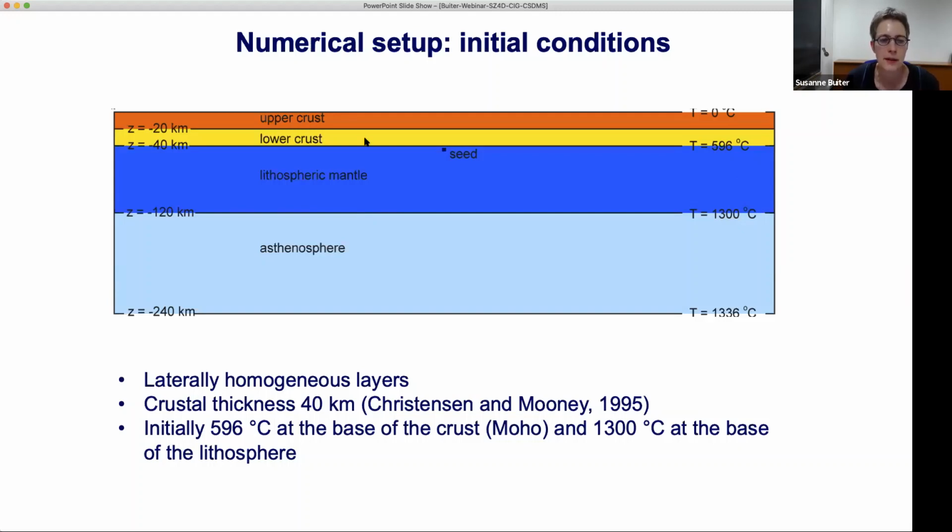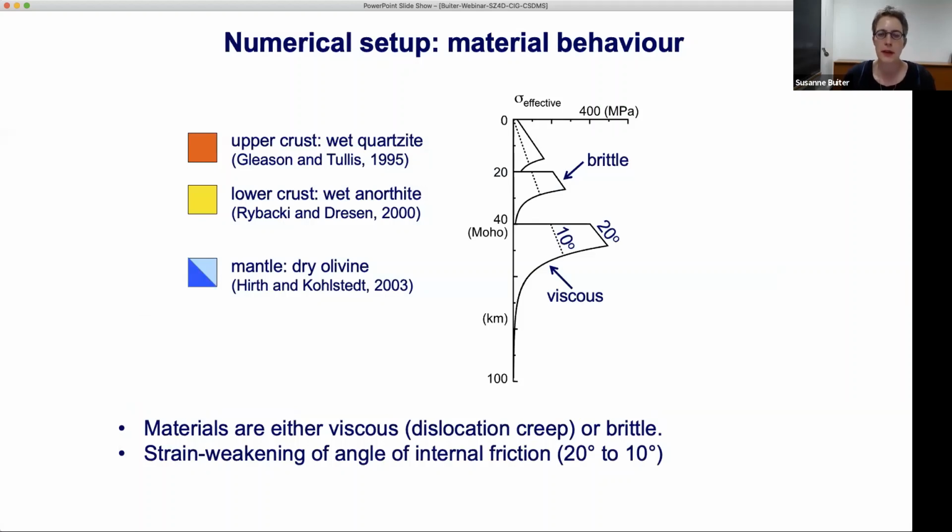My models are in a way idealized, so they're laterally homogeneous. I'm ignoring inheritance, fluids, melts, and anything that would make it more complicated. Now the materials are either brittle, meaning they can break, or they're viscous, meaning they can flow. So the effective stress versus depth shows the maximum effective stress that the materials can sustain before they deform. And what you can see is that parts of the base of the lower crust and base of the upper crust and most of the mantle will behave viscous, so they can flow, and parts behave brittle in these straight